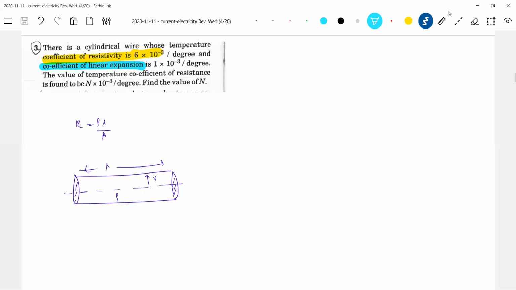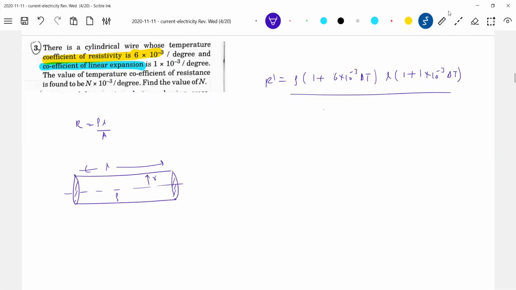Now all three are variable. So what is the resistance? R dash should be equal to rho into 1 plus 6 into 10 to the power of minus 3 change in temperature. The length will be L into 1 plus 1 into 10 to the power of minus 3 delta T. The area will be A into 1 plus 2 alpha, it should be 2 into